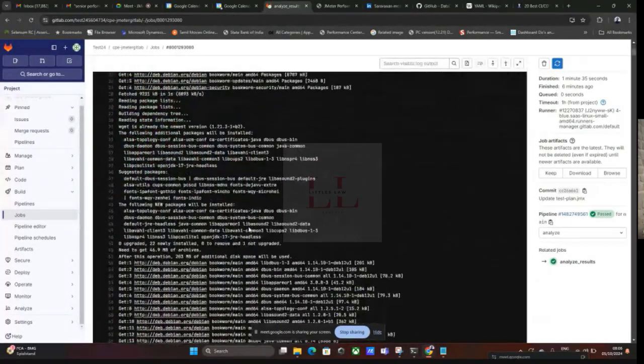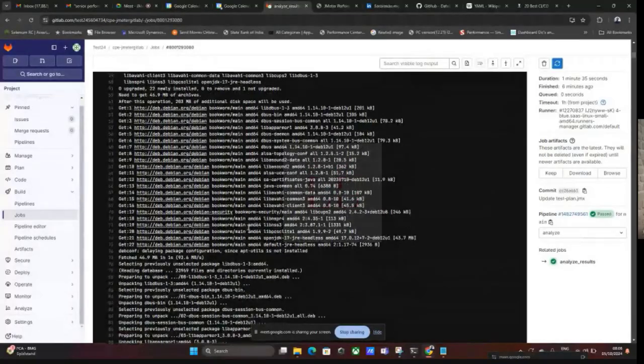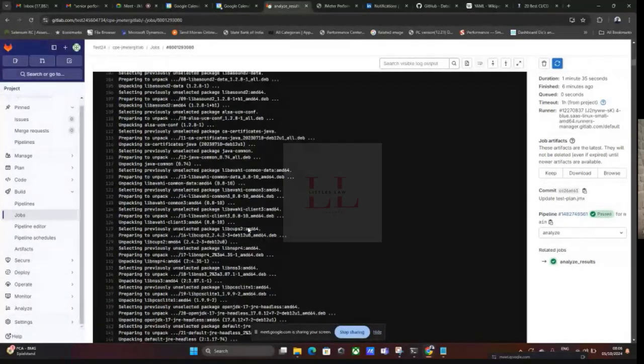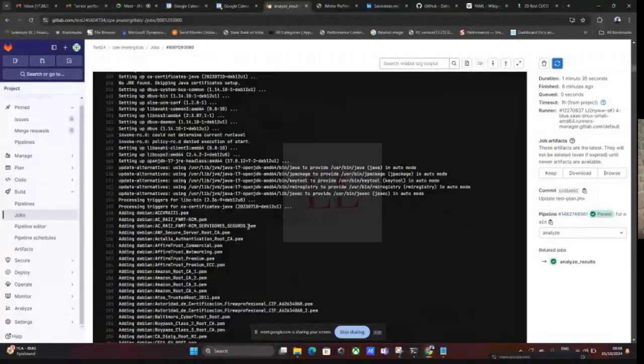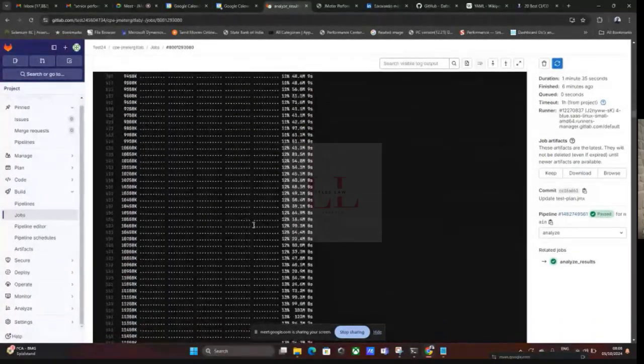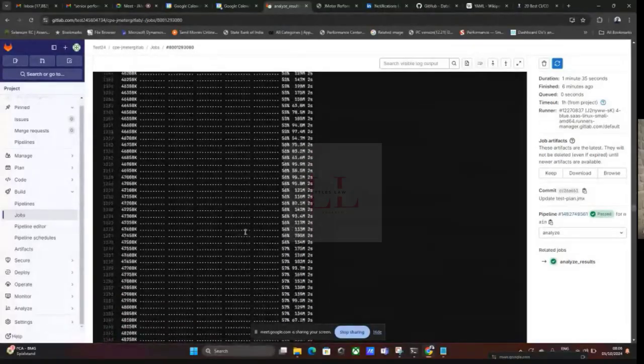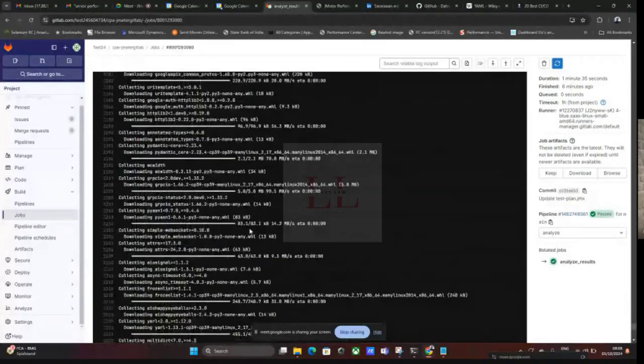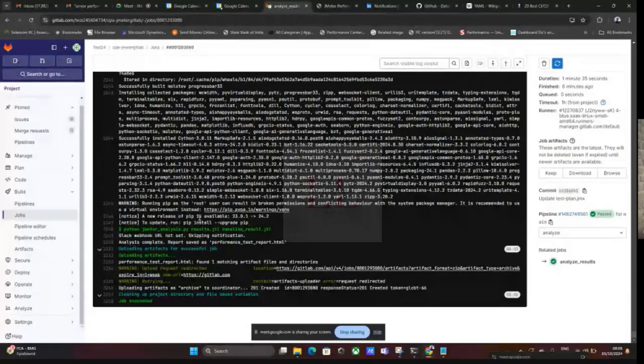And then it installs all the packages. It's kind of heavy loading because of Google Gemini, and it includes all the packages as well. It takes a little bit of time, but it's worth it. And yeah, it does collect all the packages, and it will run the Python command that we already mentioned, saying, hey,